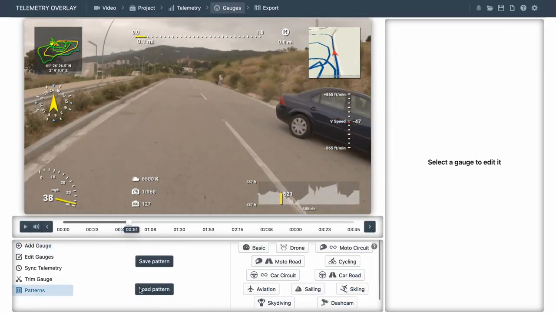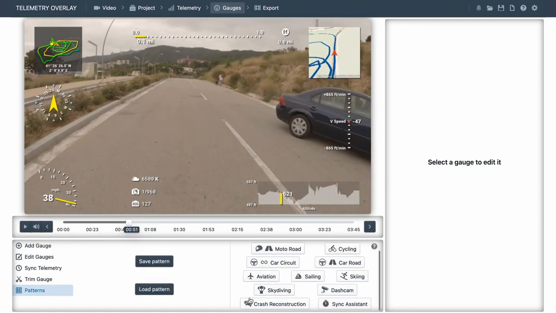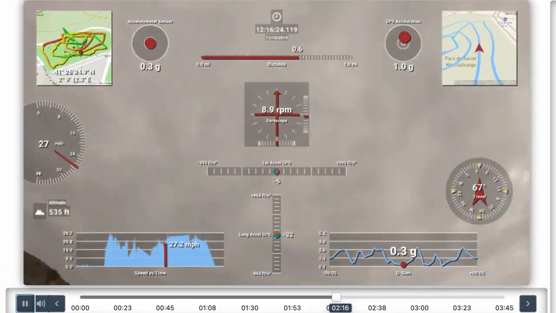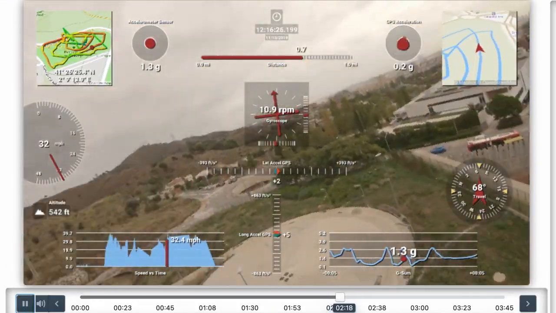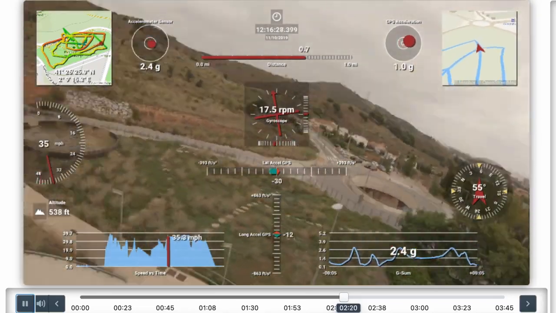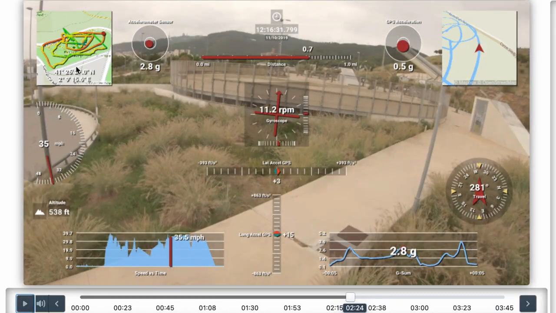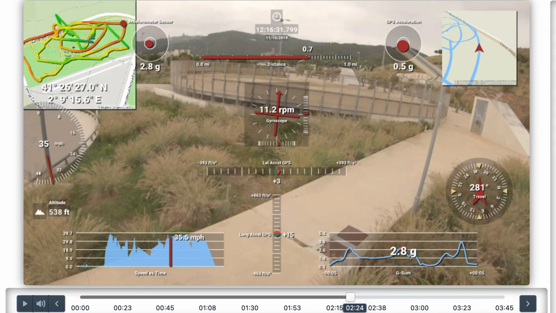But let's load a different preset, Crash Reconstruction, just to visualize some of the other gauges the GoPro enables, like gyroscope and accelerometer. Just be aware that the GPS antenna in GoPros is not as reliable as the one in some drones, so you might lose some of the data when the drone is upside down, and altitude values might not always be